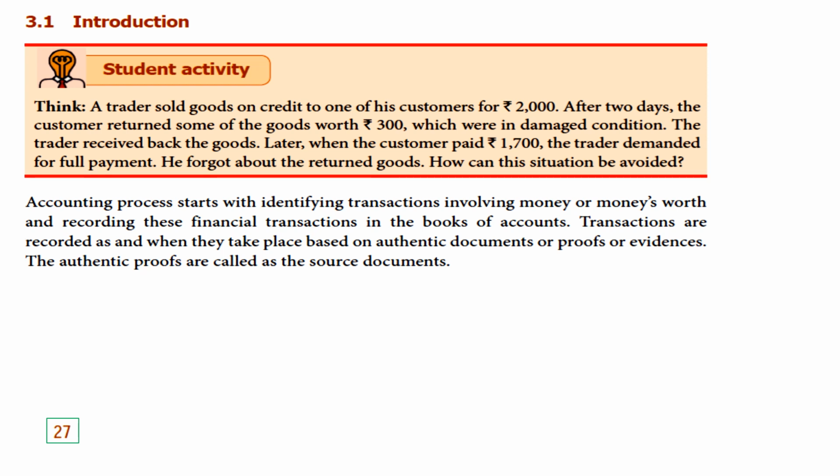After that they will give a big bill, right? So that is authentic proof that you have bought a product from that shop. That is called a source document. And you can safeguard the bill at any time. You can just go through it, right? For this much amount you have purchased the product from that shop. So let's learn the source documents.